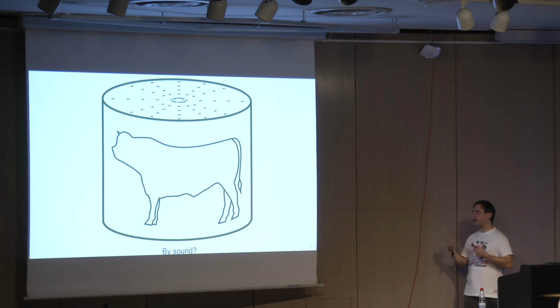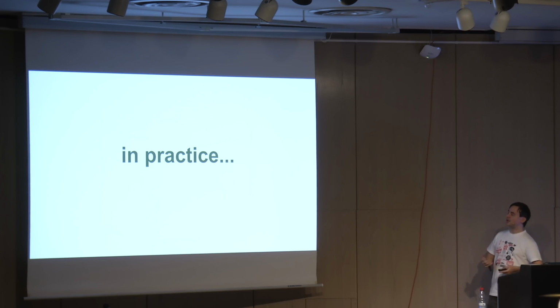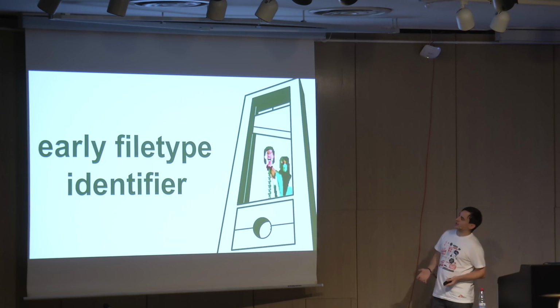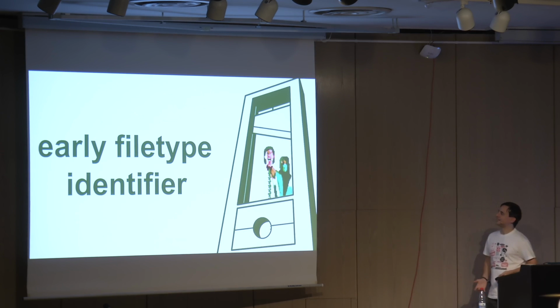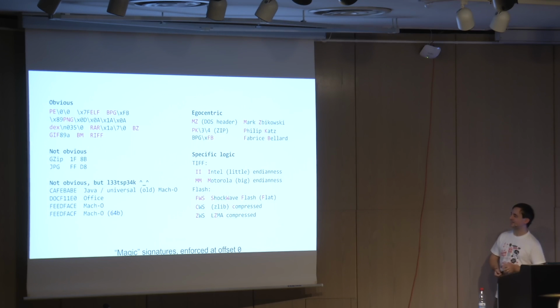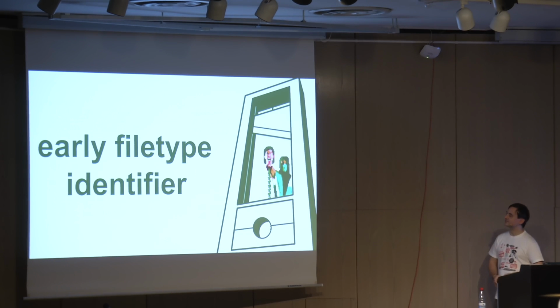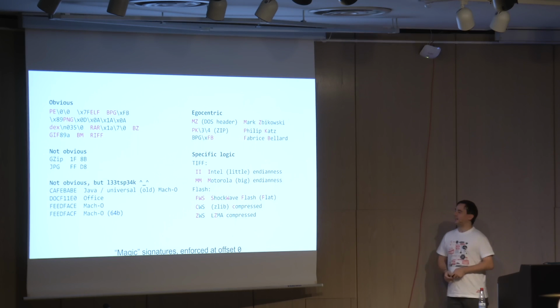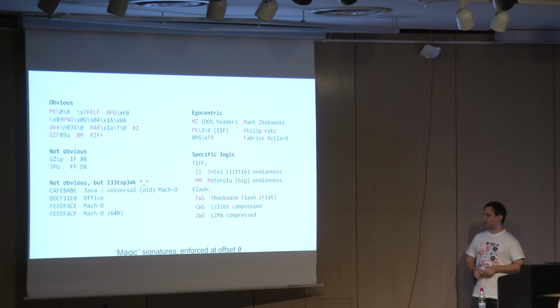Well, you can see that identifying a file could be done in different ways, in a similar way. In practice, here is an early file type identifier from French technology. So basically, you look at the head. I had fun drawing a guillotine myself. And so basically, typically the file type is identified by a signature called magic that is fixed and enforced at offset zero. Some have a meaning, some don't. Most file formats have a magic signature at offset zero.